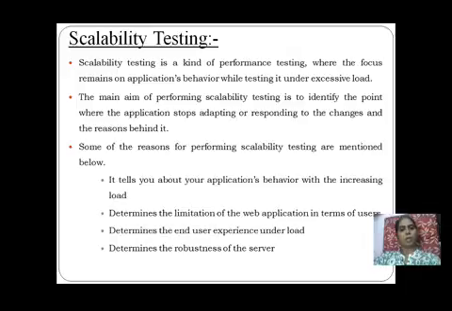Now next, scalability testing is done to determine the robustness of the server. Robustness means that the software application should run on different types of operating systems. Why? Because when we develop any application or program, it is developed with the help of an operating system. So robustness means the application must be reliable enough to run on different types